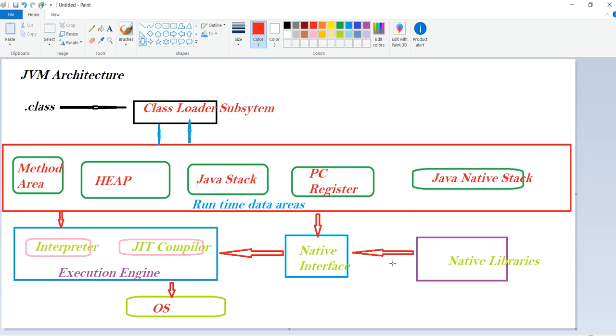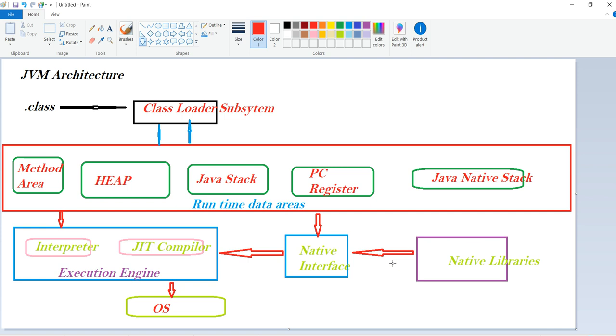Then the class loader subsystem takes the .class file as input and performs some actions, that is, operations.